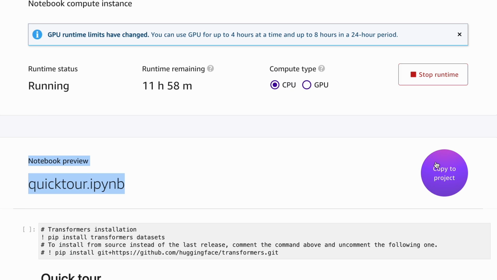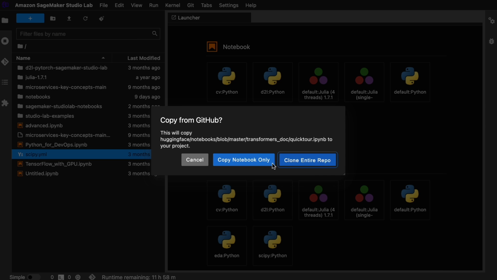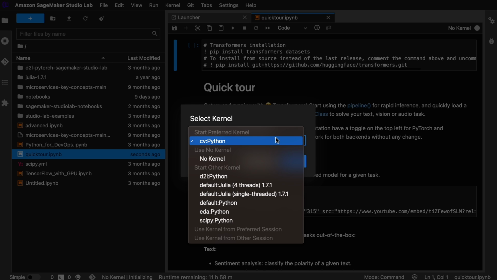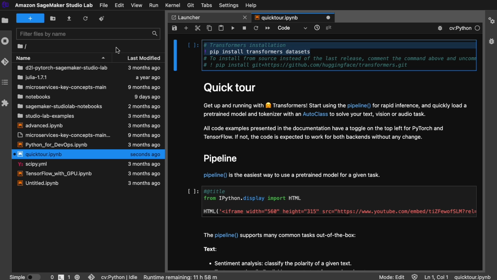In fact, we can just say copy to project, and this will open up. We can say copy notebook here, and we can select what kind of kernel. We'll just say Python. One of the cool things about this workflow is that it goes right into how I could install things